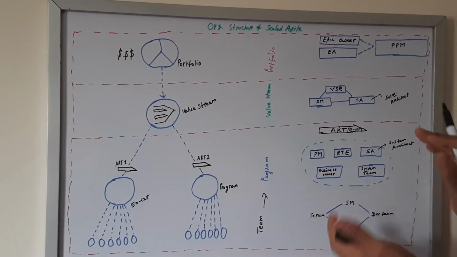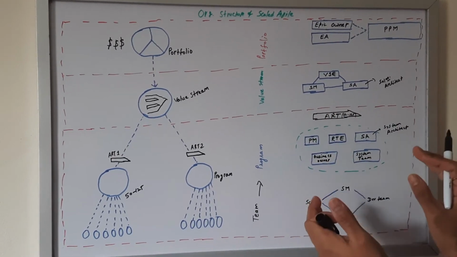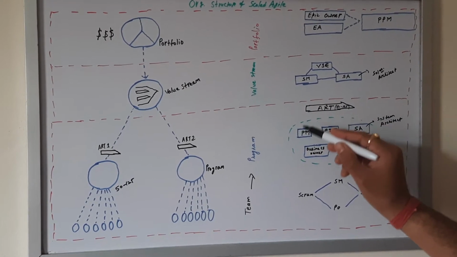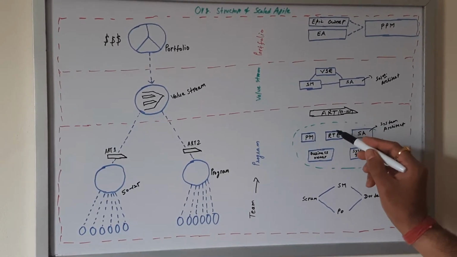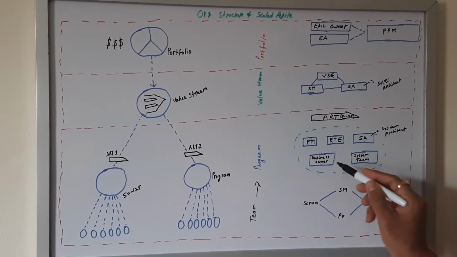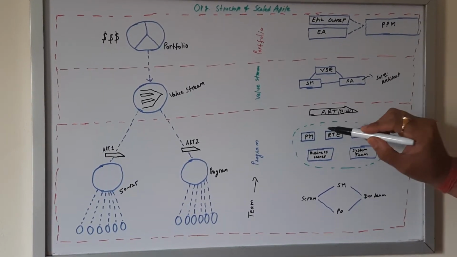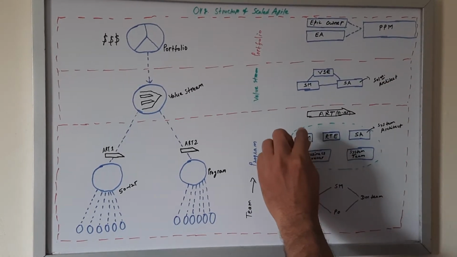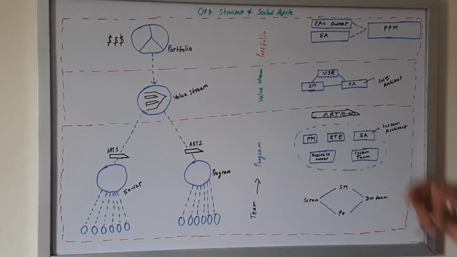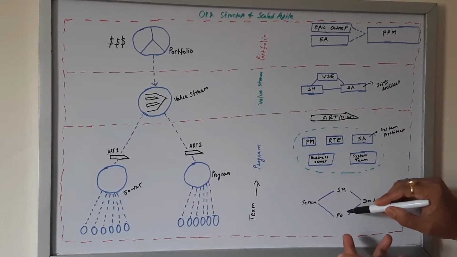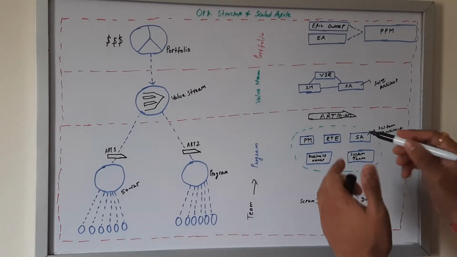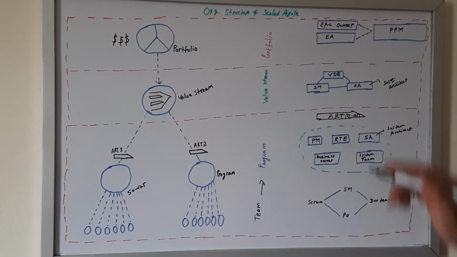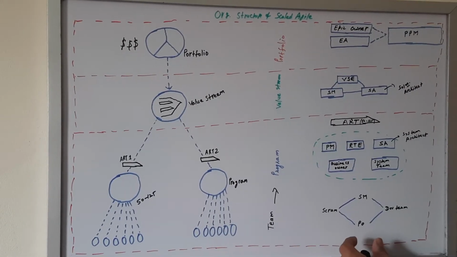At the program level, you again have different roles defined. Compared to the team level, at the program level you have product management, release train engineer, system architect, system team, and business owner. Here you can see that product management is scaled from the product owner. Product management will coordinate with the product owner, providing all the required features to the product owner, and it will be aligned with the PO.